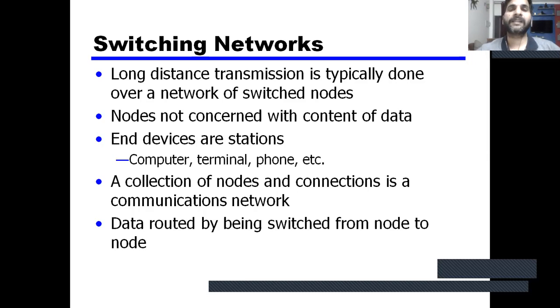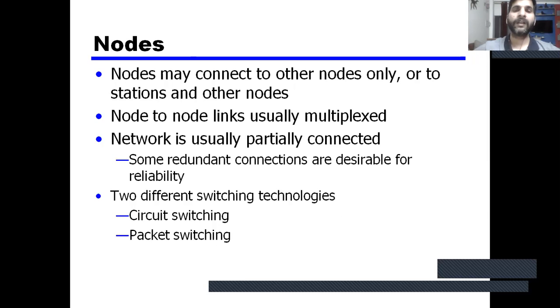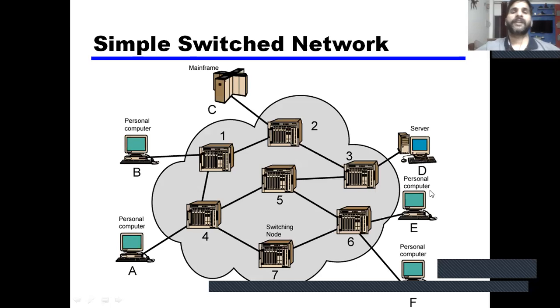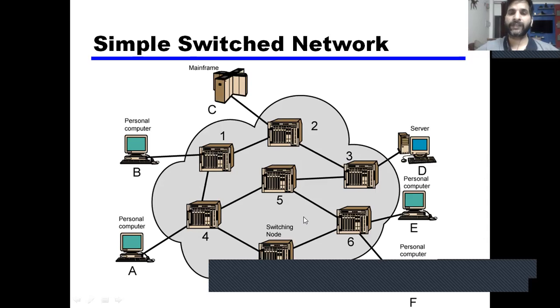Long distance transmission is typically done over a network of switch nodes. Nodes are not concerned with the content of data, and end devices are stations like computers, terminals, phones, etc. A collection of nodes and connections is a communication network, and data is routed by being switched from node to node. So here is a simple switch network: mainframe computers and personal computers are connected with the help of switch nodes, and switch nodes 1 to 7 are shown